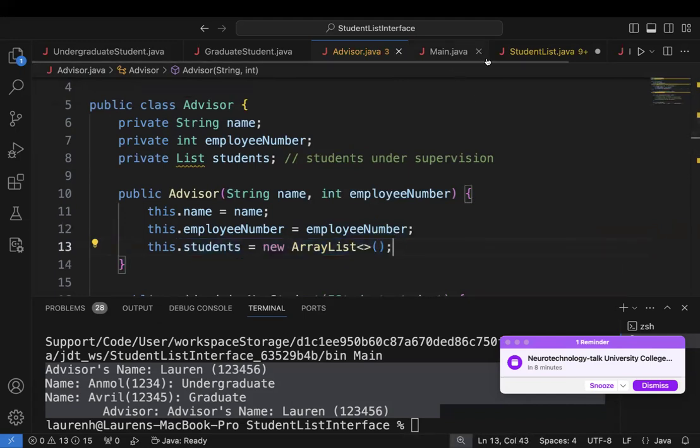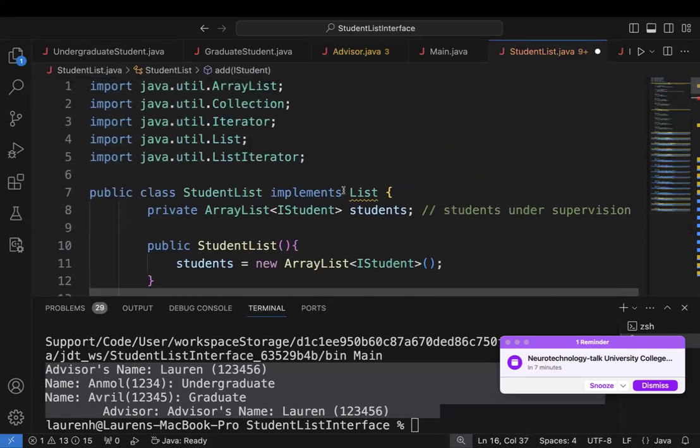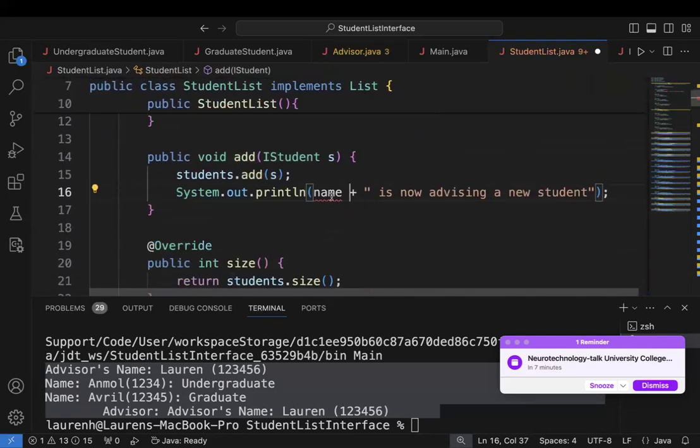but I can't really add anything to the ArrayList class methods. If I want to be able to say the advisor, the advisor's name, this person is now advising a new student. Oops, that can't go there. Let's just say I am now advising a new student when they get added to the student list of students